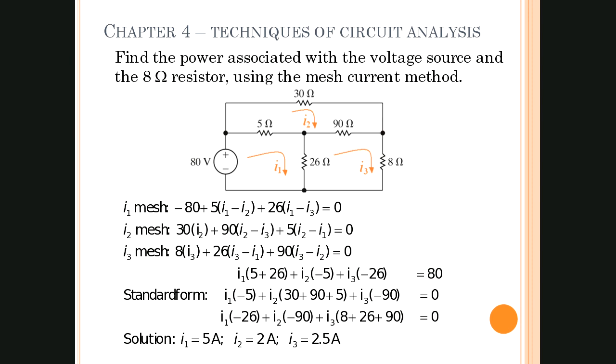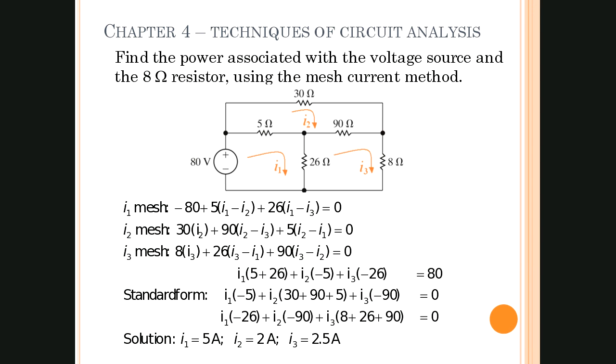But for convention, we're going to draw these loops like this: I1 going from the 80 volt to the 5 ohm to the 26 ohm. We're just going to say clockwise for our convention here. So the problem is to find the power associated with the voltage source and the 8 ohm resistor using the mesh